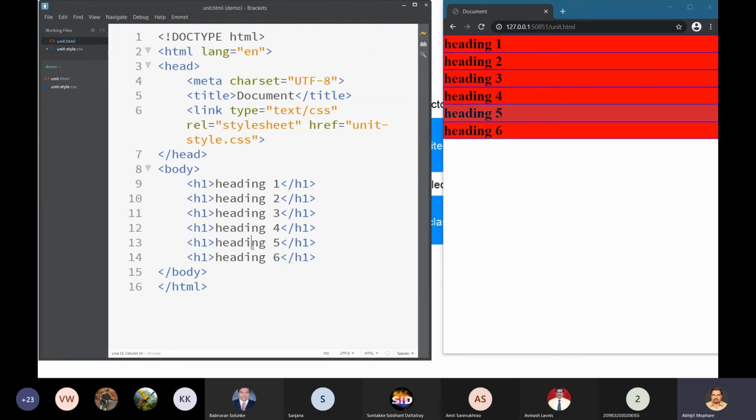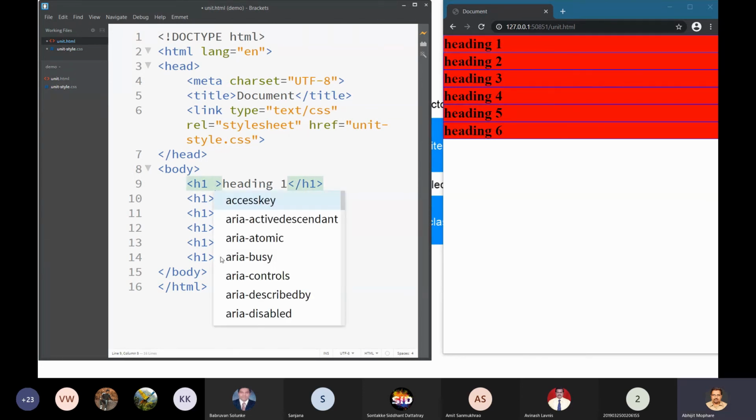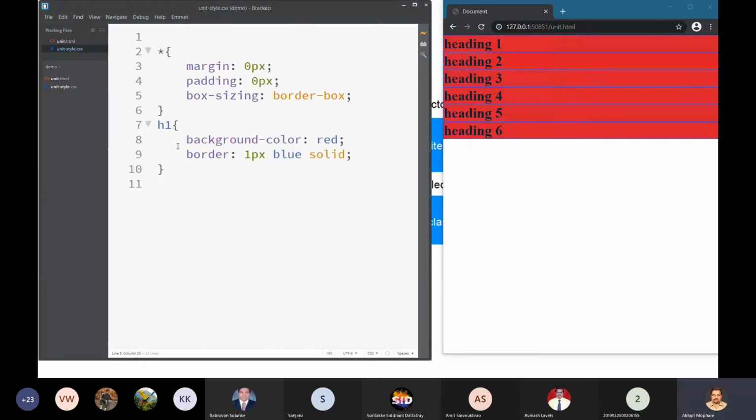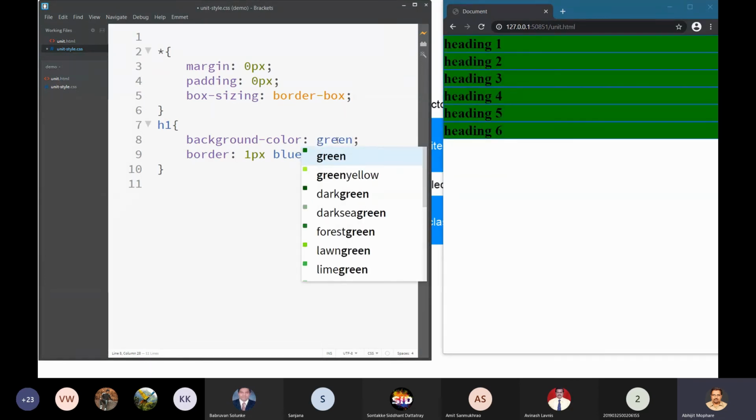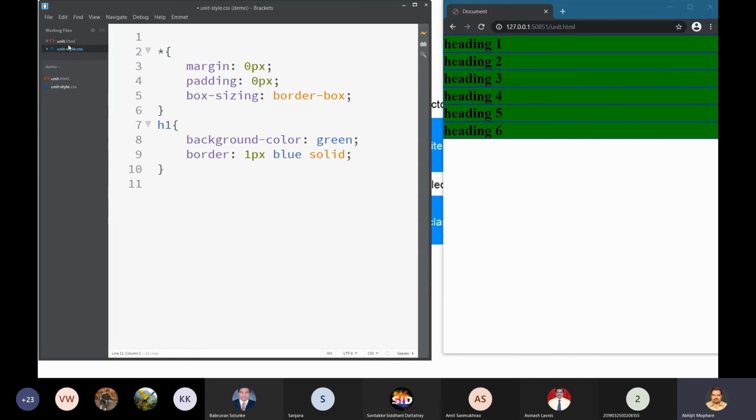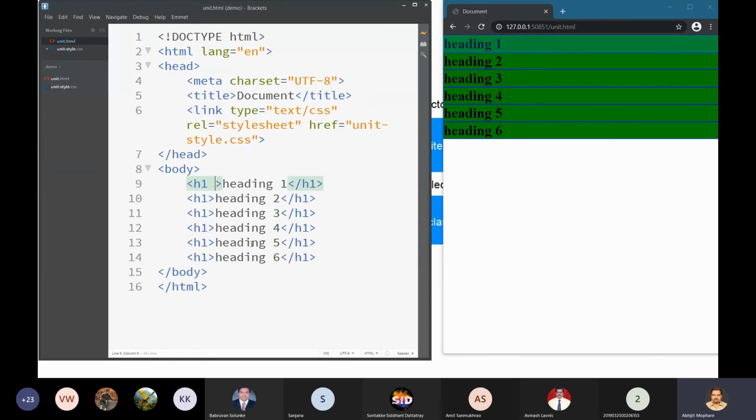So if I want to color this h1 tag element in green, what I will do is apply a class. Because if in the CSS file I change the background color to green, it will get applied to all the heading elements. But I want it applied only to heading one. So how do I do that? In the HTML document, we specify the class property for that particular tag.